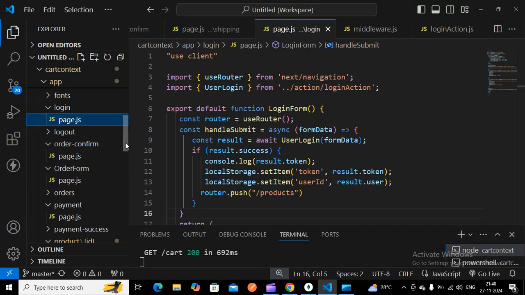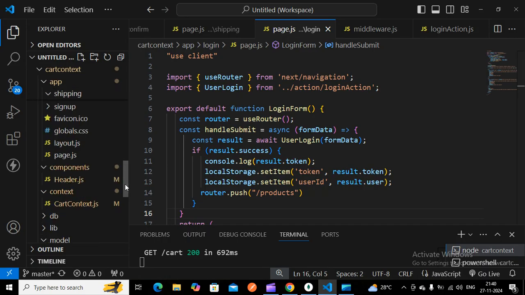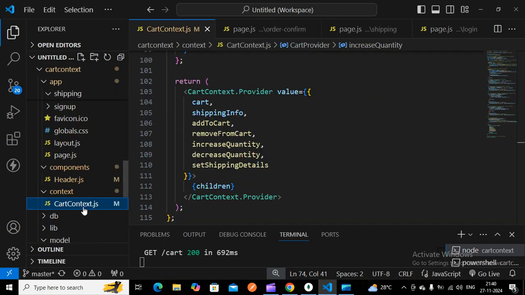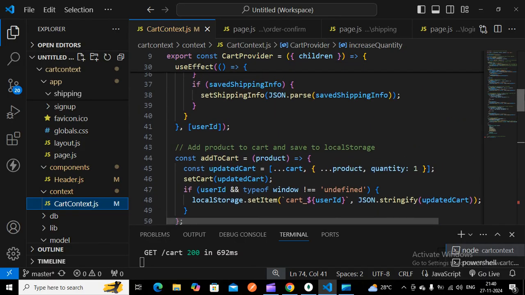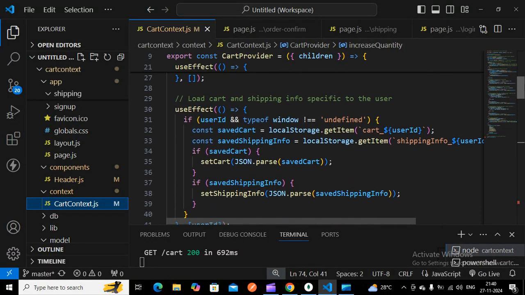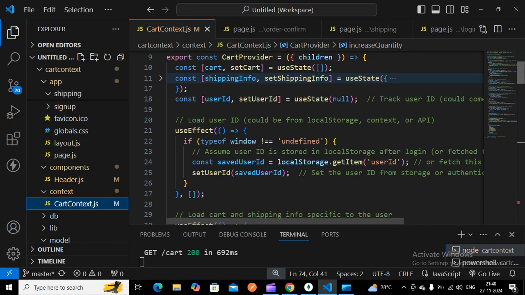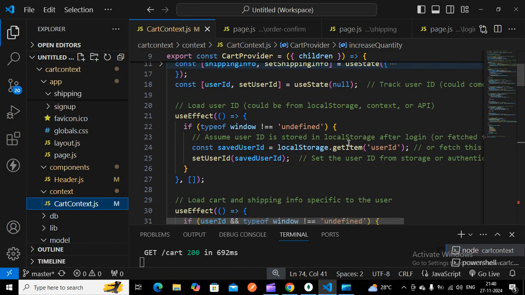Next, in the cart context page, we have set that specific user, right? Using getItem, you have to get that particular user id.